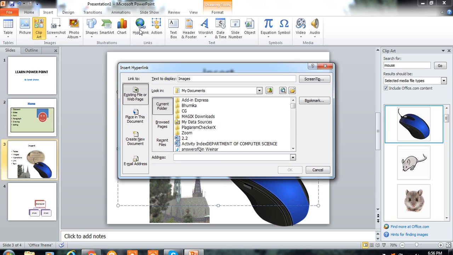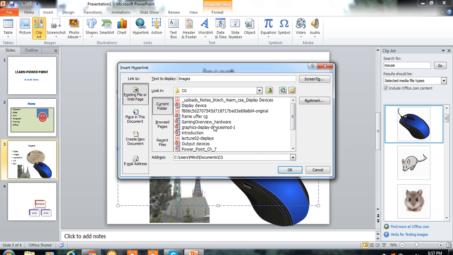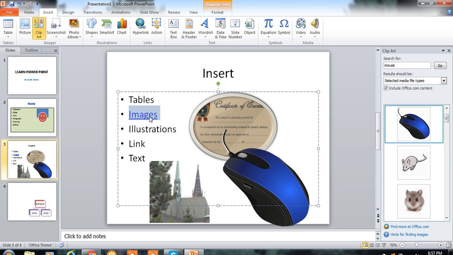Click on this hyperlink. Suppose you want to do the reference in this presentation only, you can place it in this document, or you can choose any document from your stored documents. Click on this. Suppose I want to give the reference to this device, you can select the folder from here. Click on this and click the folder location here, or you can do the web location or folder. Okay, click on this. Now when you are presenting this slideshow, then only it will be visible. Now here we can understand there is one hyperlink.